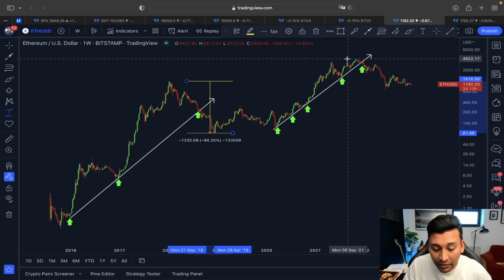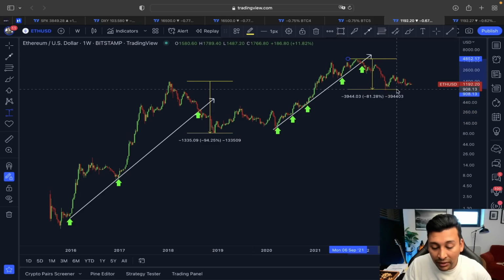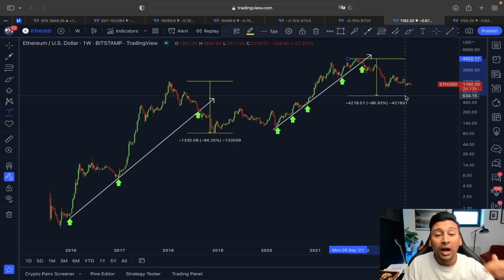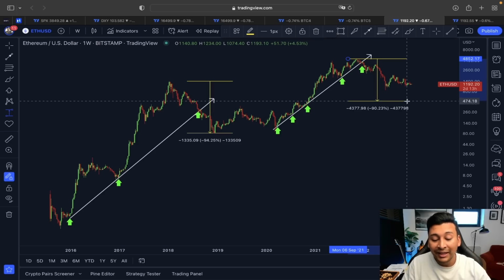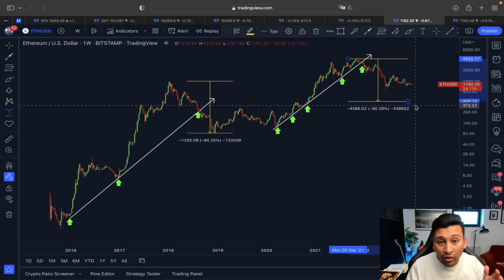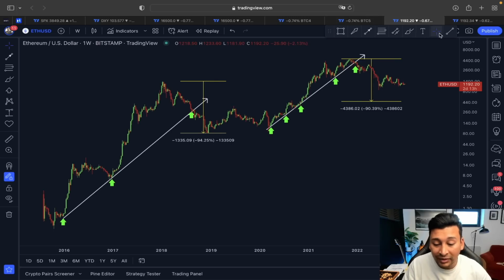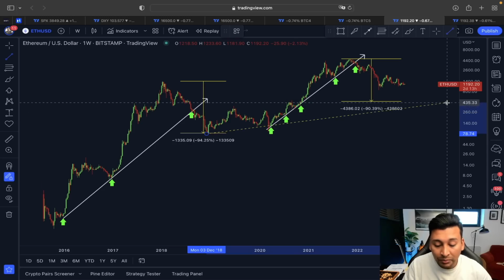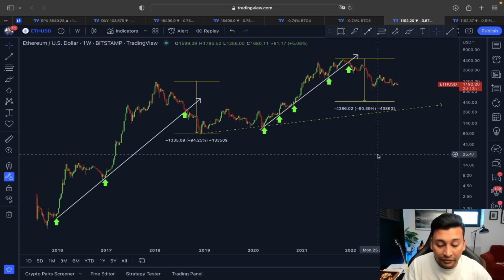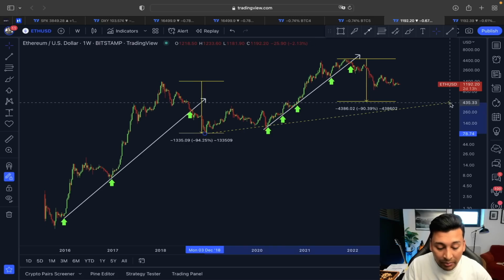So in our case, from this top till the bottom line, we have retraced around 81%. But if we do see a retracement again above 90%, then you can see the price in that case could be getting attracted between 400 to 500 before finding actual bottom. Because if we do see a retracement around that area, you can see the price in that case could also be getting gravitated around this very important line of support here in a bigger time frame.